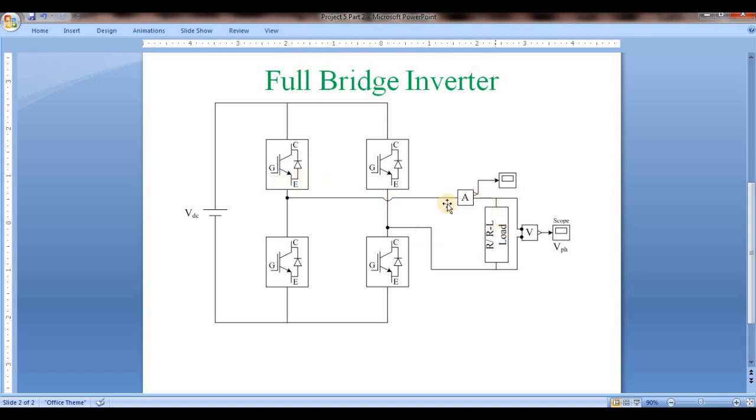If you are using PWM, these two switches have to be switched on from 0 to 180 degrees, but in PWM they are switched on and off several times. During switch off, the inductor will start to discharge in this direction, through these diodes, so the current will flow from the load to the source. So the inductor can discharge and the battery can charge. That is the requirement of these diodes.